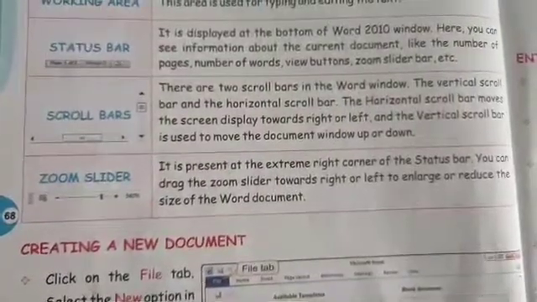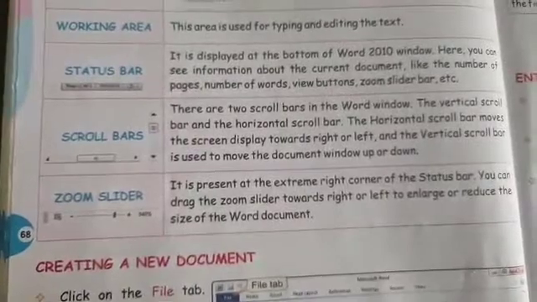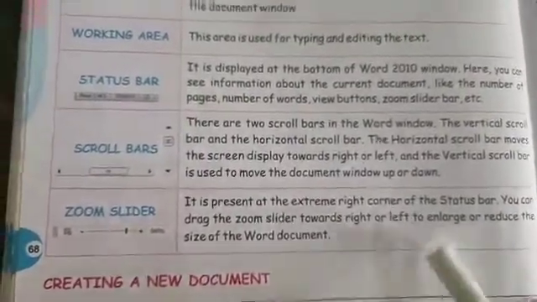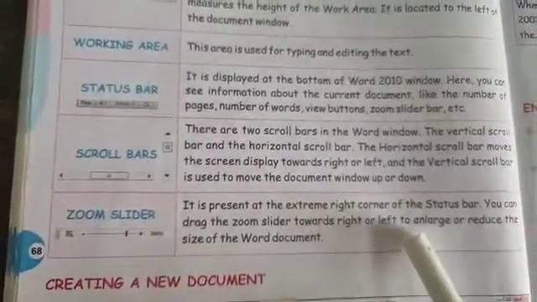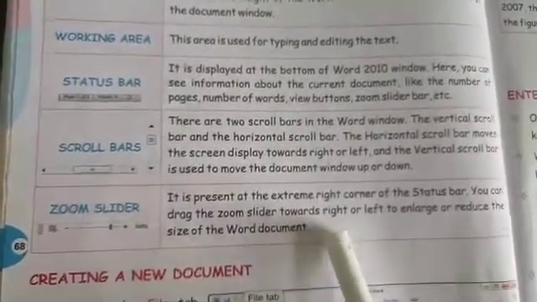Next is zoom slider. It is present at the extreme right corner of the status bar. You can drag the zoom slider towards right or left to enlarge or reduce the size of the Word document.